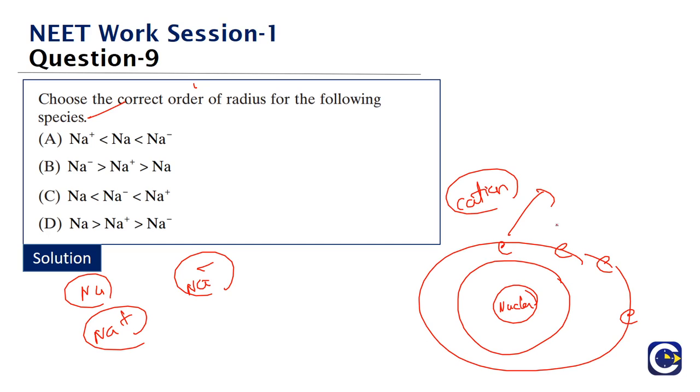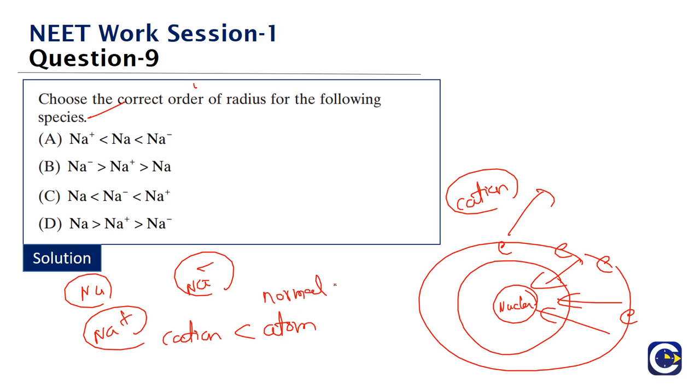Okay. So here, as a result of it, the outermost electrons will come under more influence of the nucleus, because we are losing some electron. The total number of protons inside the nucleus will be more than the total number of electrons outside. So the outermost electron will now be attracted with a stronger nuclear pull. So cations will have a lesser radius than the normal atom. So for any element you take, the cation will have a lesser radius than the normal atom.